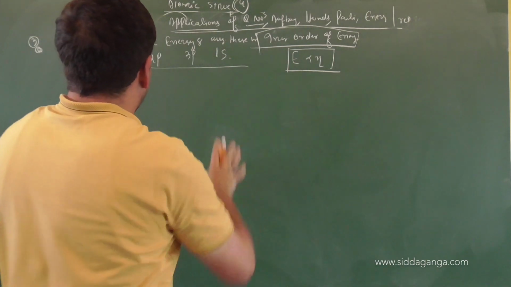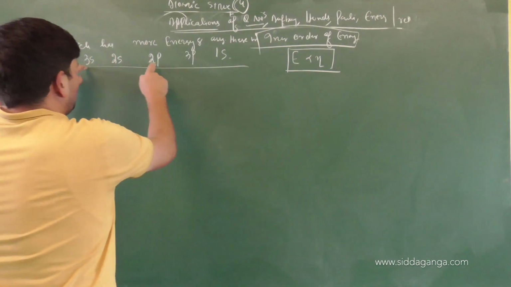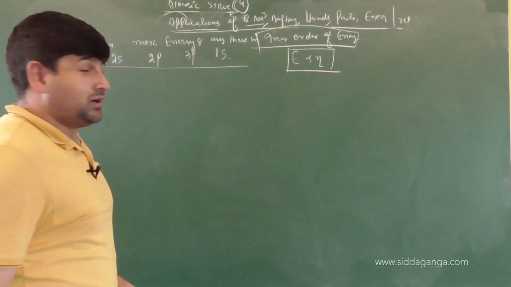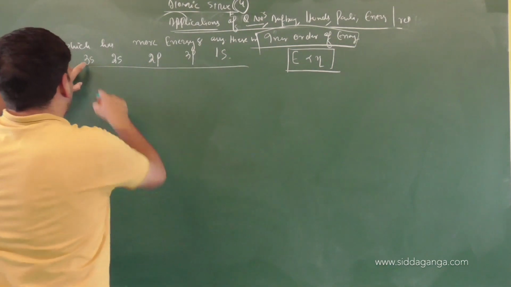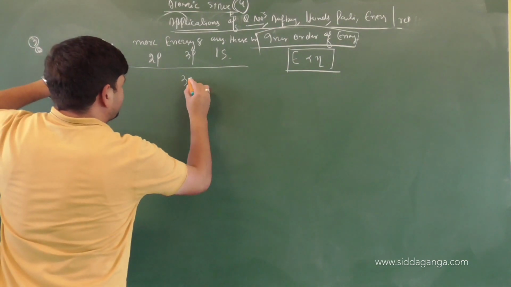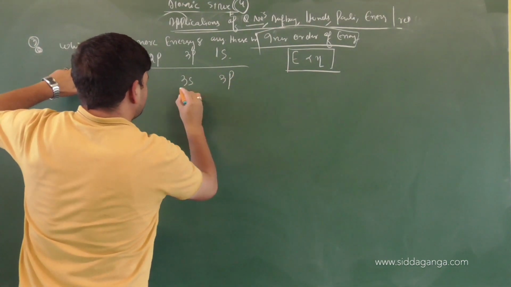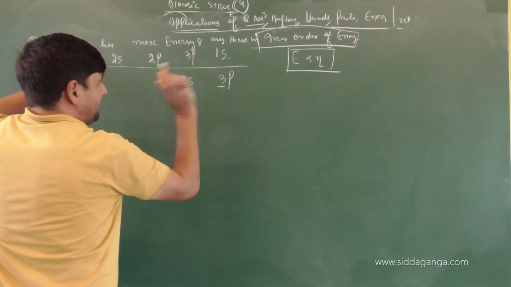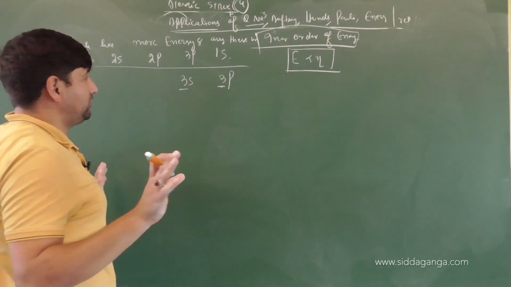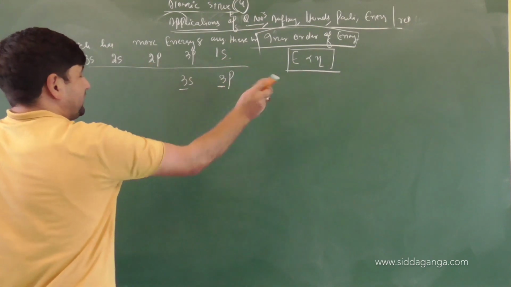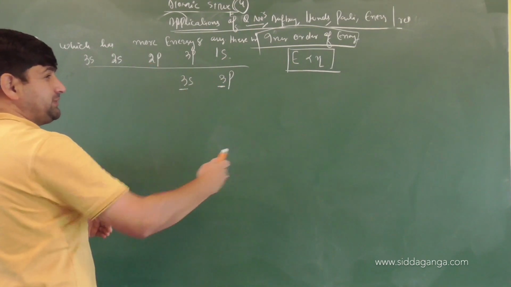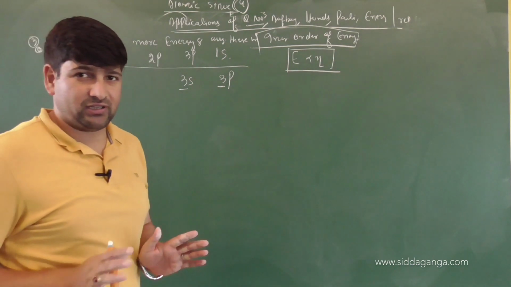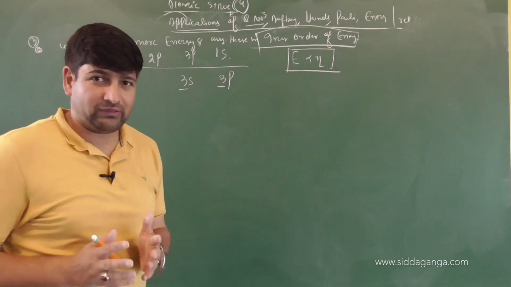Now the best way to solve this question will be, we will look at the orbitals with the highest principal quantum numbers. Now the highest principal quantum number for us is here, 3s and 3p. This is the highest principal quantum number. So naturally either 3s or 3p will have the highest energy. There is no doubt in that at all, because 2 and 1 cannot have higher energies than 3, because the shell is far from the nucleus and reactivity will be more. Is it clear, children? Are you following what I am saying?